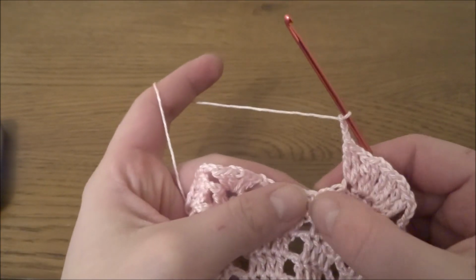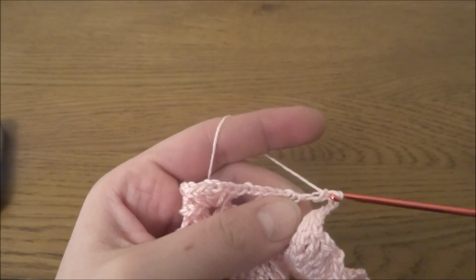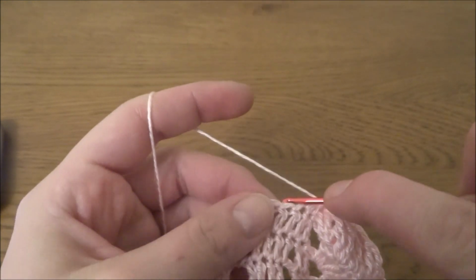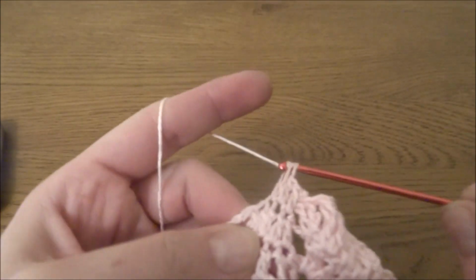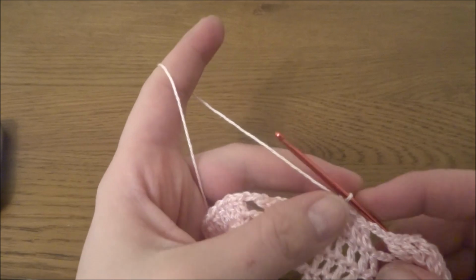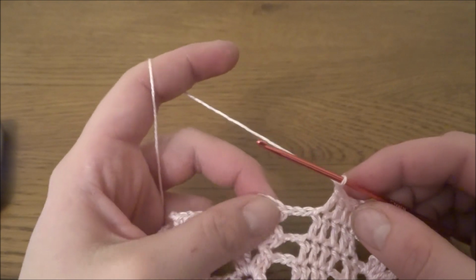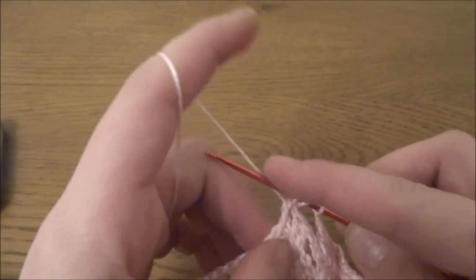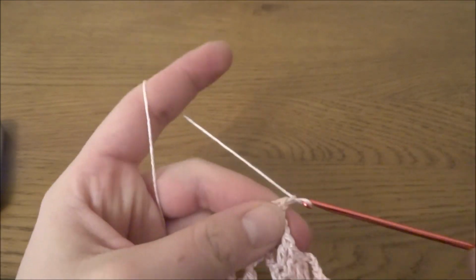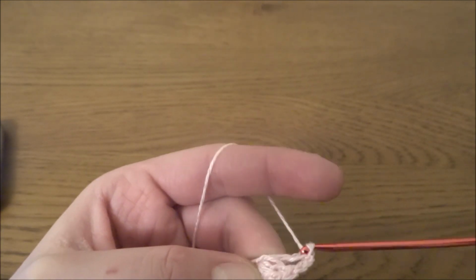Now again we need to skip the first double crochet, into the next 4 double crochets, one in each stitch. So 1, 2, 3 and 4. Chain of 2, 1 and 2, and into the V-stitch we will work V-stitch again, so 2 double crochets, 1 and 2, chain of 3, another 2 double crochets, so 1,